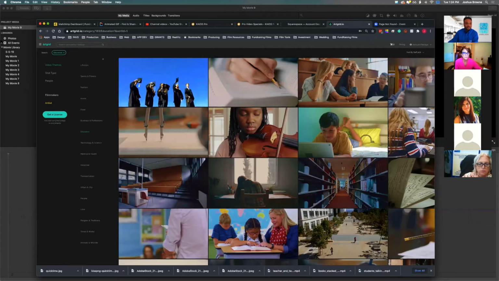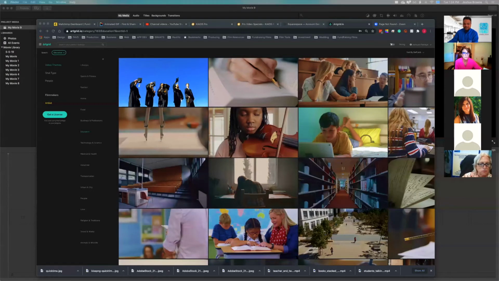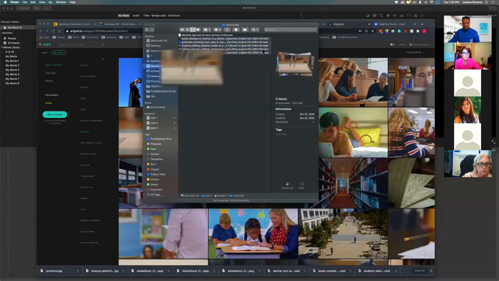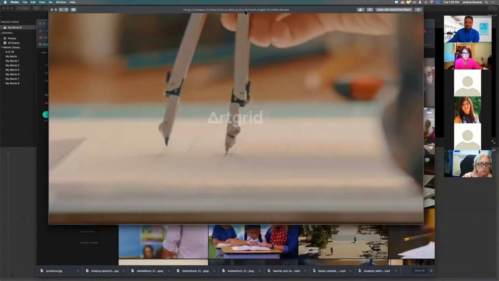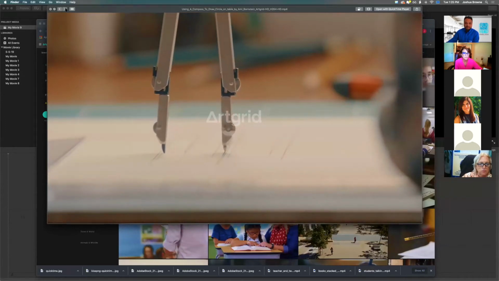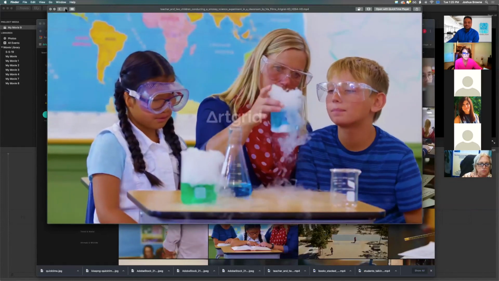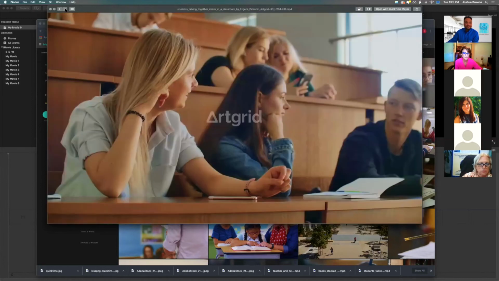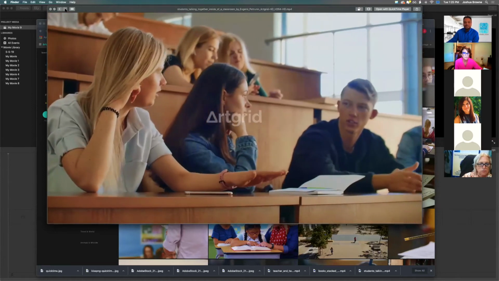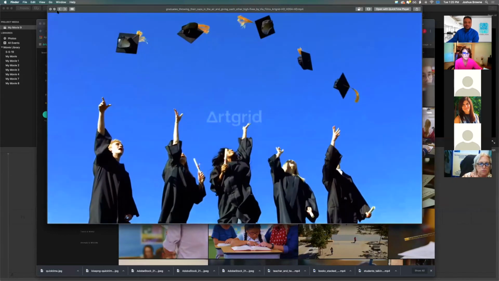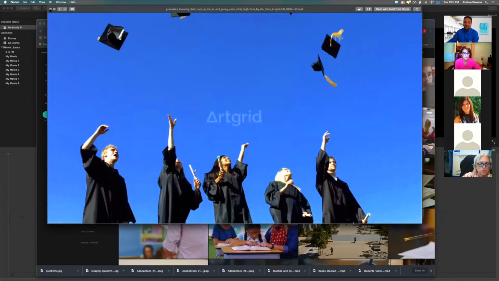I chose a number of clips earlier, and give me just a second. I'll show you the clips we chose. So we have a number of clips. I got this clip here. That's an awesome close-up. Some students doing some work. We got some students doing some science work here. We also have some students talking, and then they're graduating. So we got a number of clips here that we can use to create a basic story, and that's what